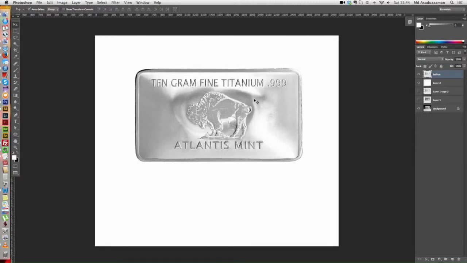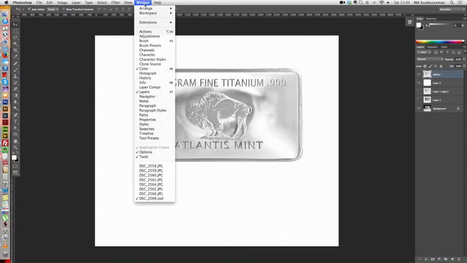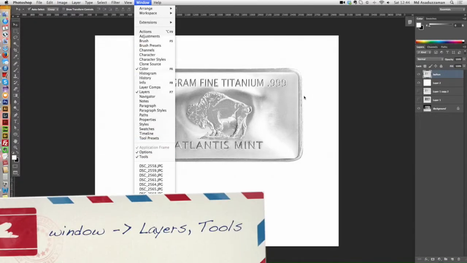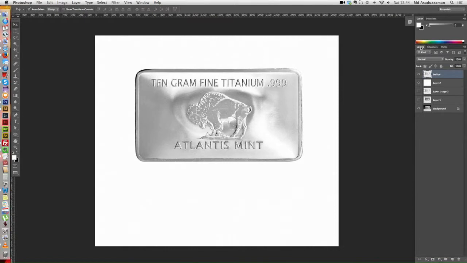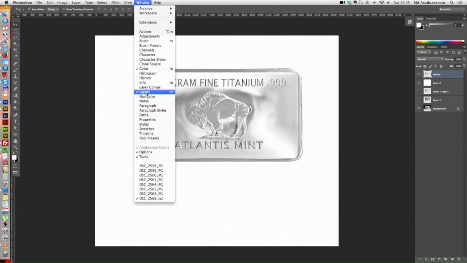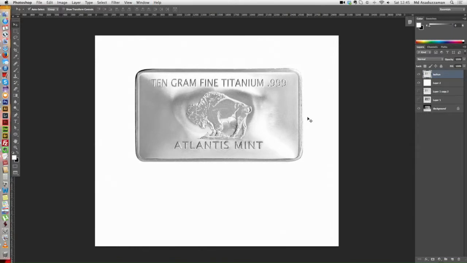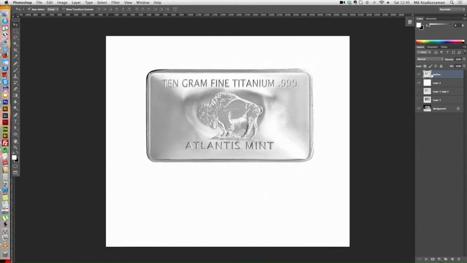In order to do so, we need the toolbar and the layers. On the left hand side, as you probably can see, is the toolbar. If you do not have that, go to Window and click on Tools. And on the right hand side, we have got the layer panel. If you don't have that as well, go to Window and click on Layers. So once you have that, the first thing we are going to have to do is to create a